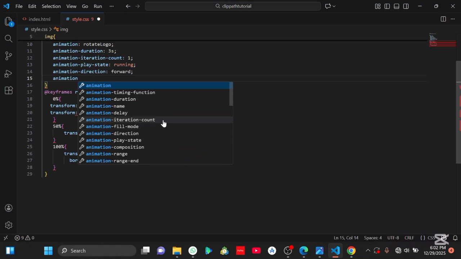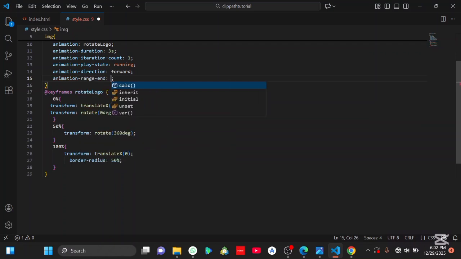So let's see what animation range and animation range end are. Maybe you can give it a value of forward. Let's see whether it's going to work. You can give a value of forward. I don't know whether it's going to work. So if we save, there's a lot of things that